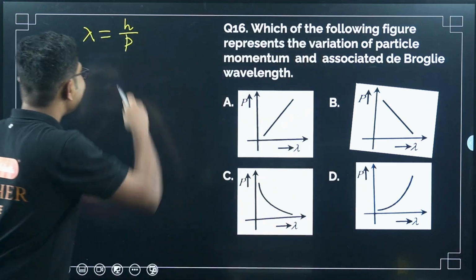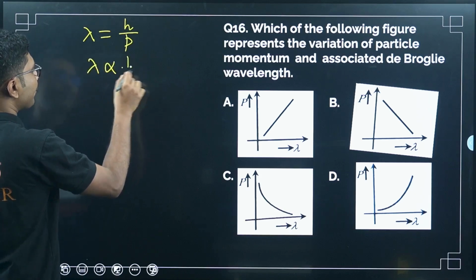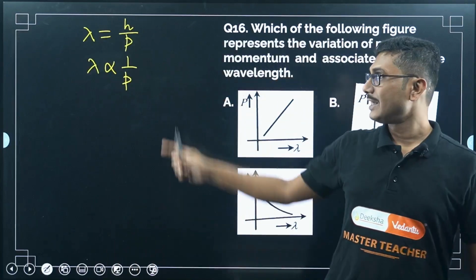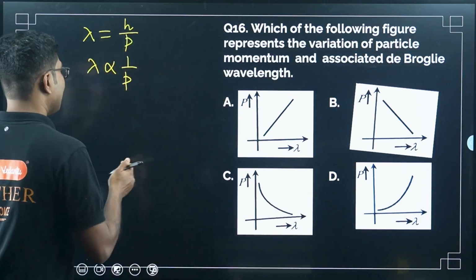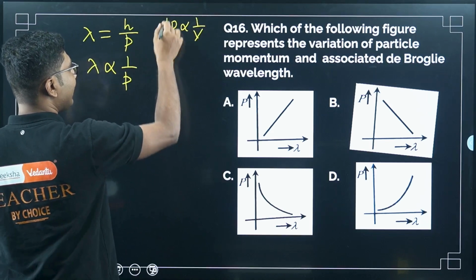Now if you see this, we can see that lambda is inversely proportional to the momentum p. Now if you get reminded of anything else, if you remember that p is proportional to 1 by v,